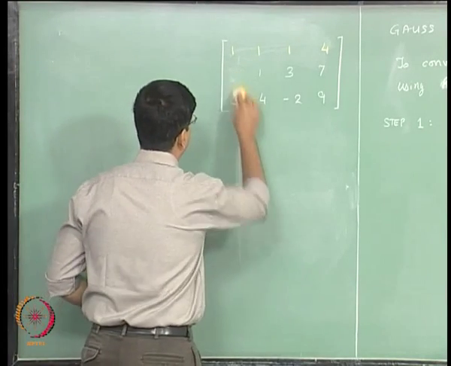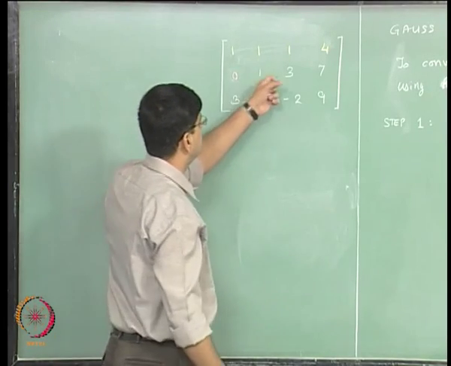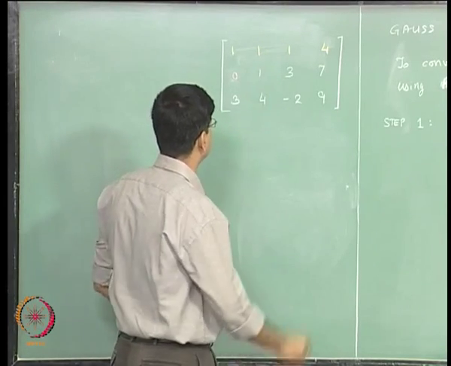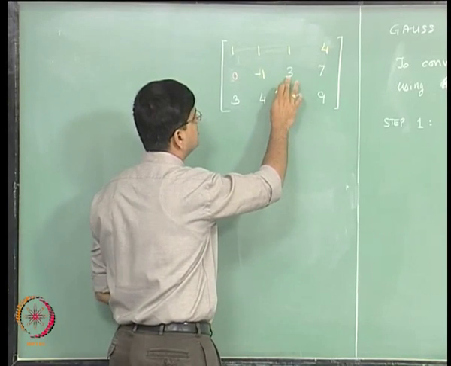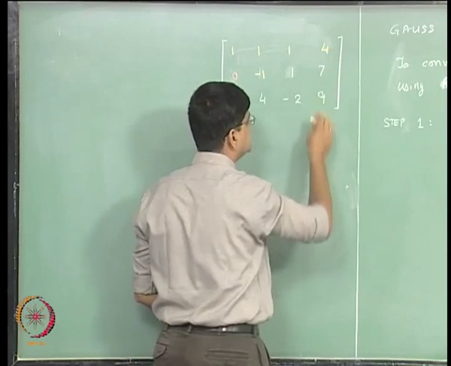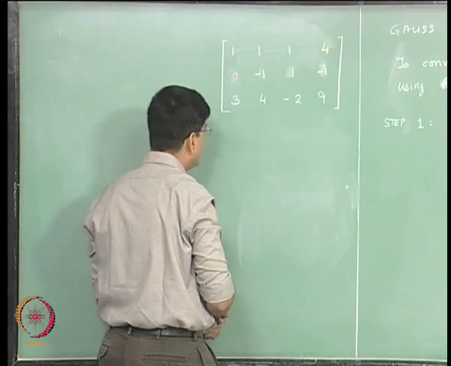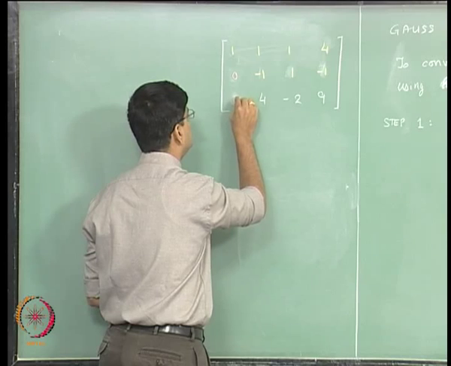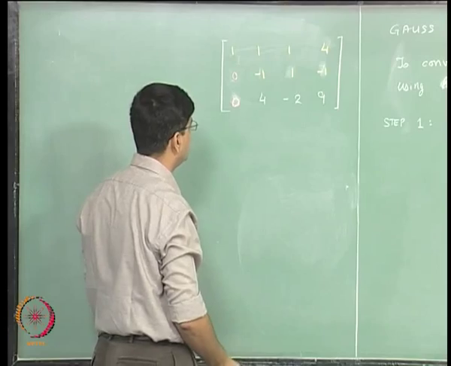So I will put this in red color, and we will do the rest of these calculations over here. This is going to be 1 minus 2, that is going to make it equal to minus 1. This is going to be 3 minus 2, that will make it equal to 1. This is going to be 7 minus 8, that will make it minus 1, okay. This 3 is going to automatically be converted to 0. So we will not do this particular step at all, we will just change that to 0. So this is what we will get over here.